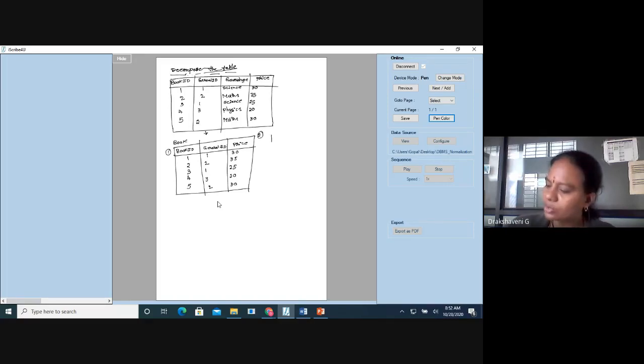So one more table we have to take. What are the values we are going to take in the other table? We are taking the other table as general ID, then general type. In this case, we just take only 3. So 1 is science, 2 is maths, 3 is physics.